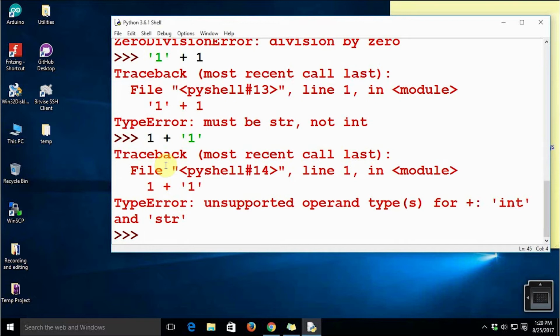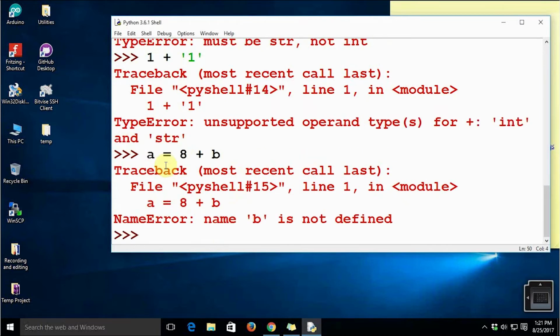Because basically these are not syntax errors. Syntactically everything is correct. Now if I'm going to say a equal to 8 plus b, so now this is syntactically correct. This actually adheres to Python syntax, but the problem is that we haven't defined a and b. And now this is an exception. Now when we execute this, it says name b is not defined. Now that is the problem.